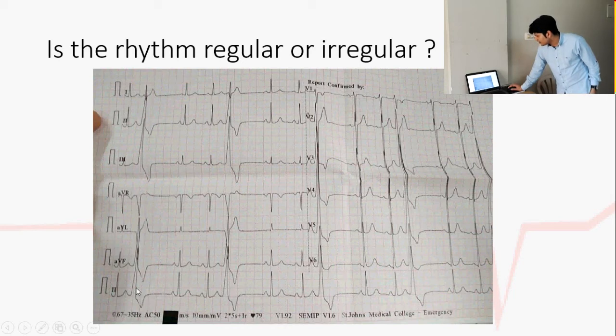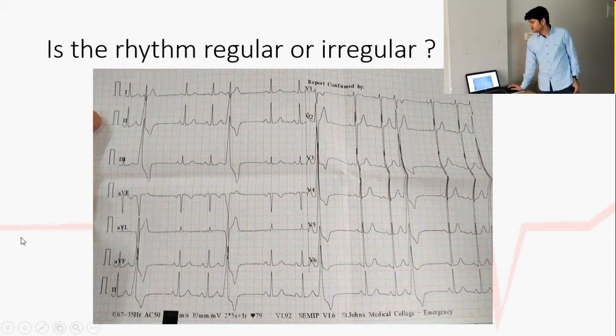Okay, this is one R wave to the next R wave. The interval is 1, 2, 3, 4, 5 and 6. Around 6 large squares we have. From the next R wave 1, 2, 3. Then from the next R wave 1, 2. So we can see that the rhythm is irregular. Now we have to decide whether it's regularly irregular or irregularly irregular. So we can see 1, 2 and 3 complex. Again 1, 2 and 3 complex. So these 3 complexes are coming with regularity but in an irregular rhythm. So this is an example of trigeminy.